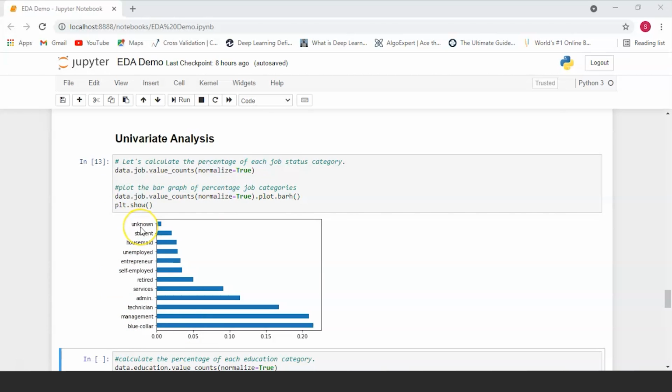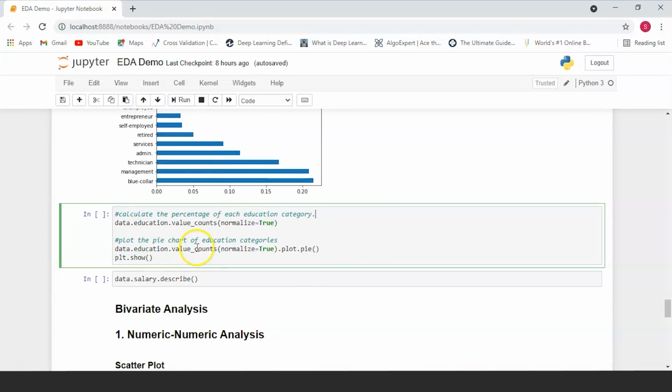The least occurring value is that of unknown, where people haven't made their job status known. And the most occurring is blue collar, where people are working in blue collar jobs. Now the reason we normalize data is so that we can put it in like a comparable range. So using this bar graph, you just get to know which jobs are performed by more people and which jobs are performed by less people. So using data normalization, we organize data to appear similar across all records and fields. This makes it easier for us to compare data.